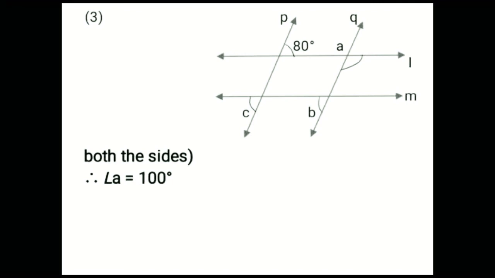Now you have to find angle B and angle C. Okay. If angle A is 100 degree, 100 degrees is more than 90 degree, okay, and angle A is an obtuse angle. If angle A is 100 degree, this other angle is also 100 degree, because corresponding angles are congruent. I taught you corresponding angle. Both these angles are on the same side, in the same direction, angle A and the other angle which is not given here. If angle A is 100 degree, so this angle is 100 degree, okay.